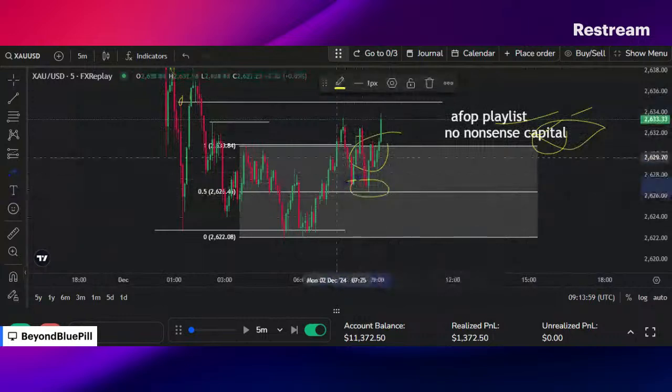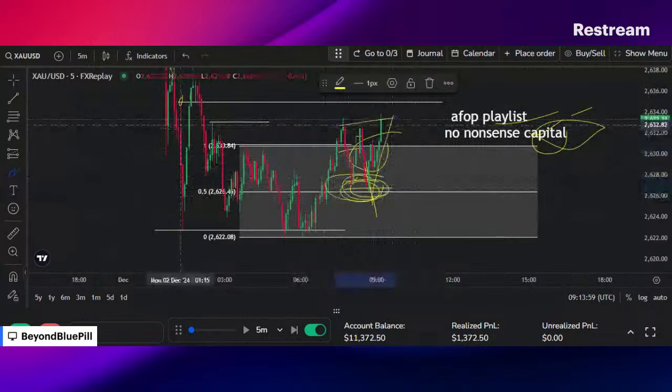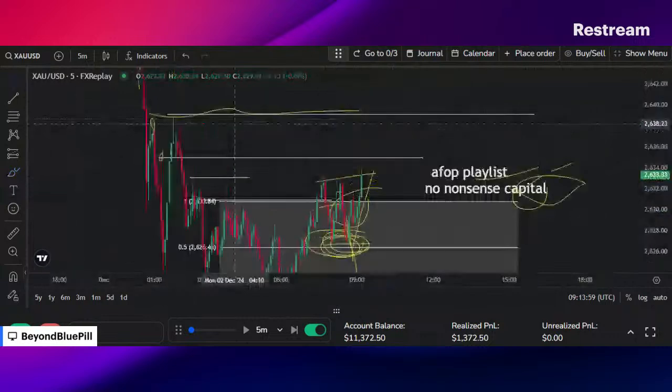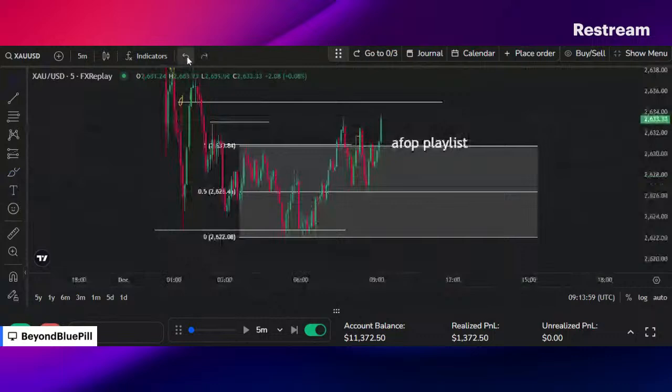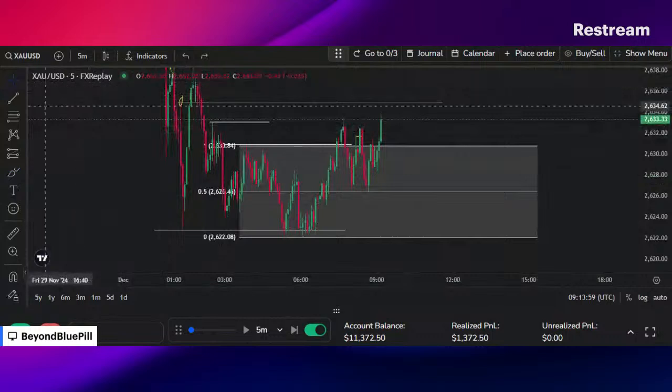How do I know that, even though we break structure lower, we're not going below? Because we had our objective, right? This is the complete model. We had our first step and a double bottom to trade higher. Now I'm expecting this to trade way higher. Now, with that being said, but if you fail here,